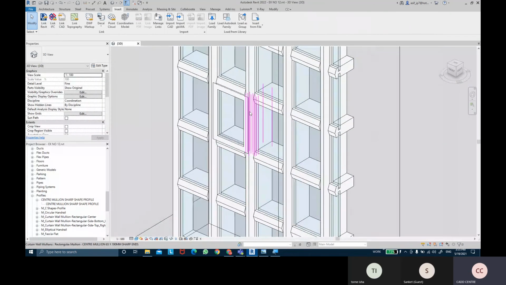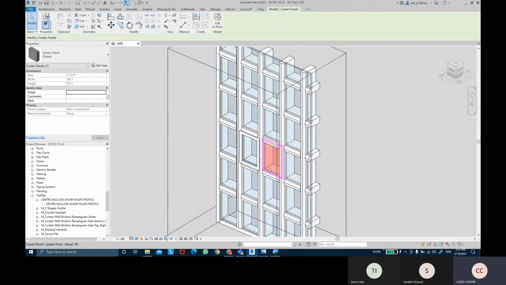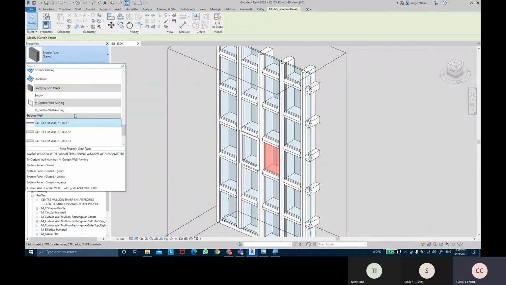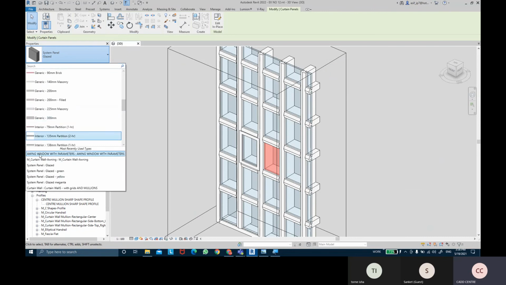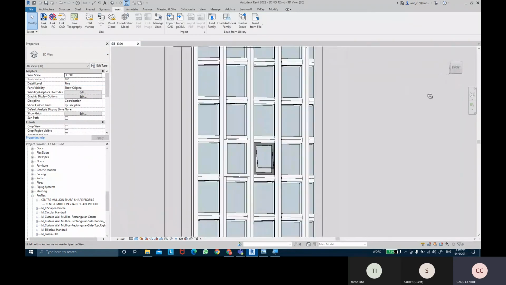Now it's been loaded into our project, and whichever panel we want to replace, we just keep the cursor on that panel, press Tab until we select that panel. Here we go, select that panel, and then we can come into the type list, and we can select the window that we have created. It should be listed somewhere. There it is, a window with parameters. Select that, and you can see that we have that window.